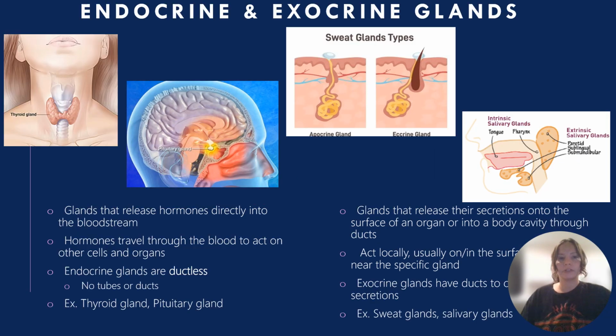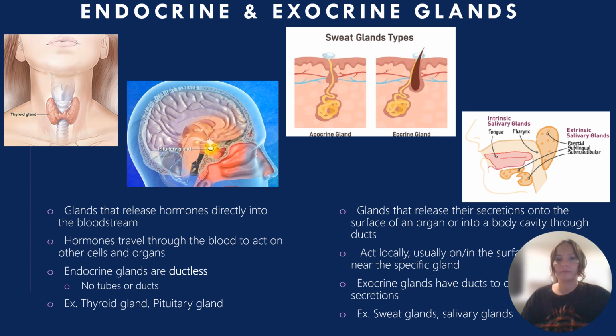So what are the differences between our endocrine and exocrine glands? The endocrine glands are glands that release hormones directly into the bloodstream. The hormones then travel through the blood and they act on other cells and organs within our body. The endocrine glands are ductless, meaning no tubes or ducts. Once again, they go directly into the bloodstream. An example of this is the thyroid gland, which is located in the neck, or the pituitary gland, which is